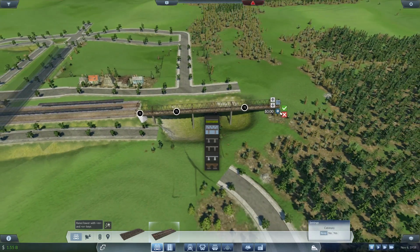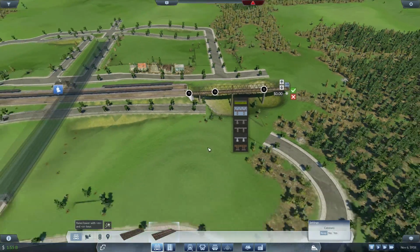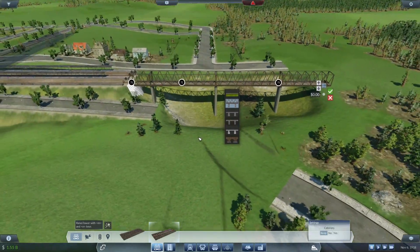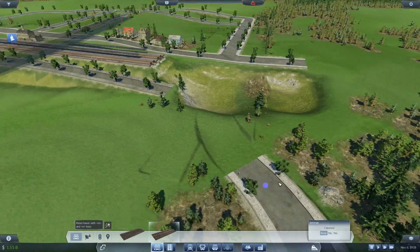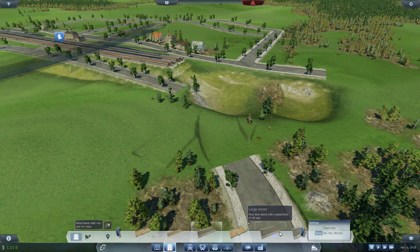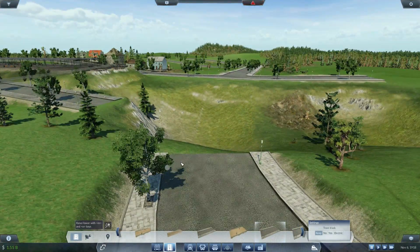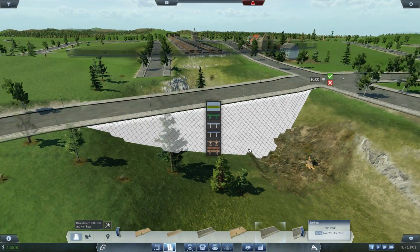Now, if we get this connected in a decent enough fashion, could we get a road under that? I don't know. What I could do now is we start bringing that large street down. Yeah, see, now it's going down. That's good. And then... Now, I know that's going to bridge, but...